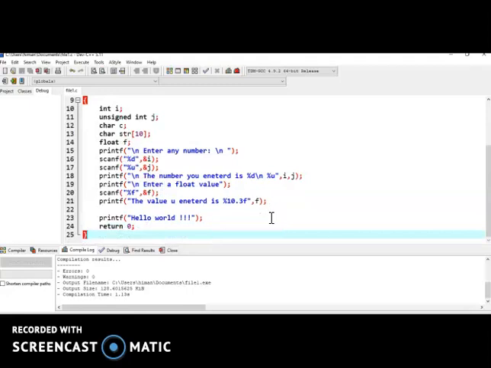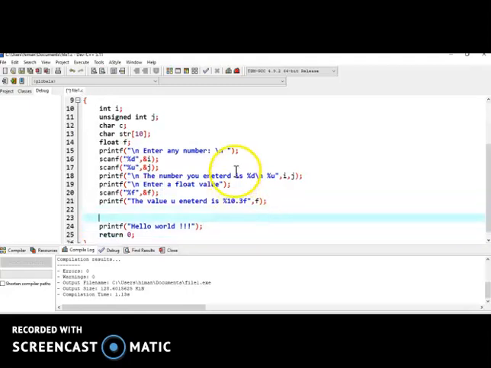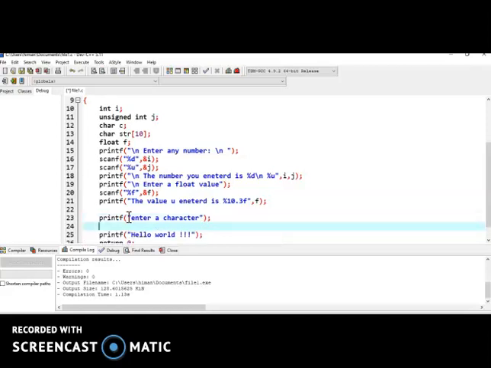Then moving ahead, we have the strings. Printing of strings is simple, you put a string within the quotes and it is getting printed. Now let us read a string from the user. First let us read a character from the user. So printf, enter a character, and I will use a scanf, and %c is for the character, and I will put ampersand in front of the character and the name of the character variable,